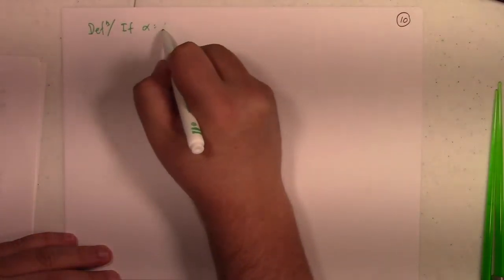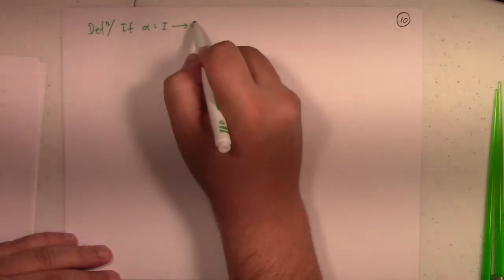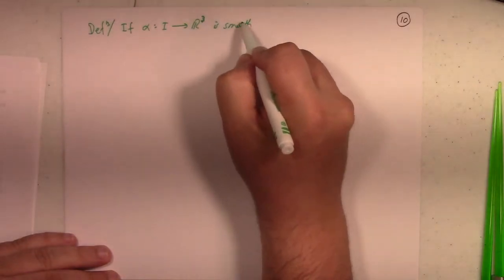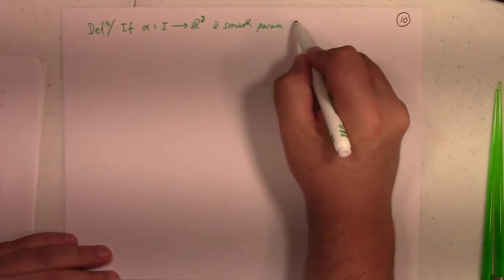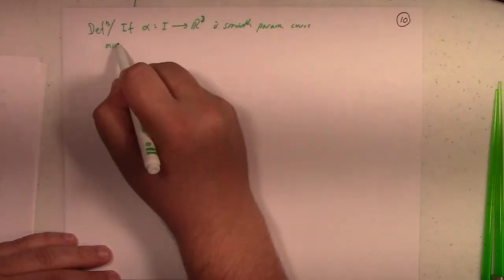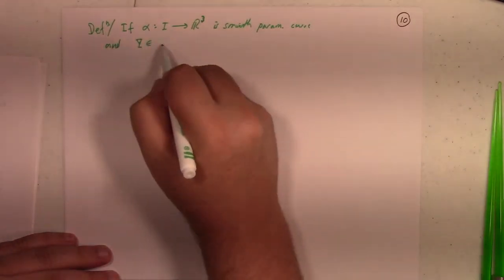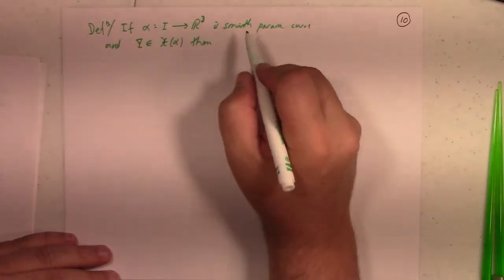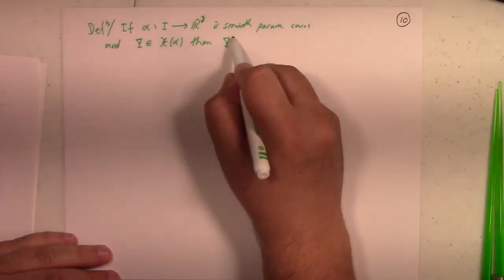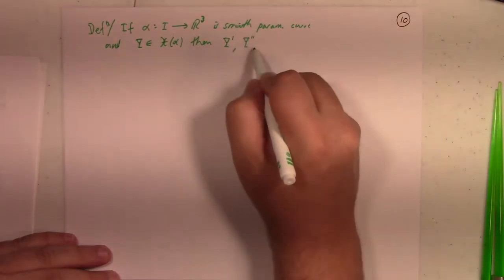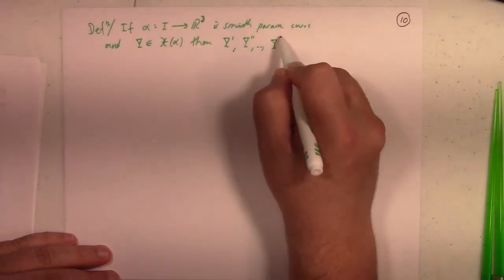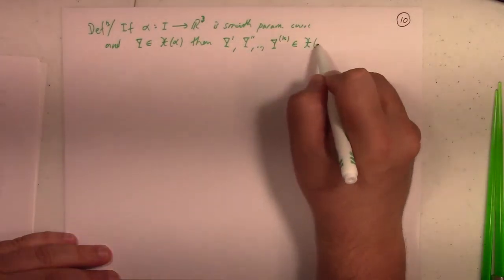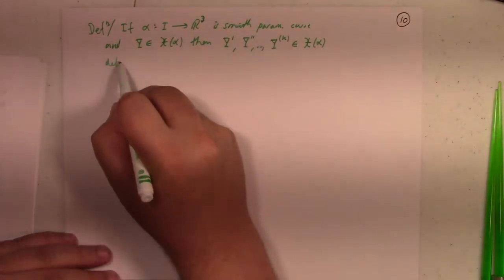If alpha from I to R3 is a smooth parametrized curve, and if you have a vector field y which is defined along alpha, then y prime, and in fact y prime prime, and so forth, y^(k) even, are also vector fields along alpha defined